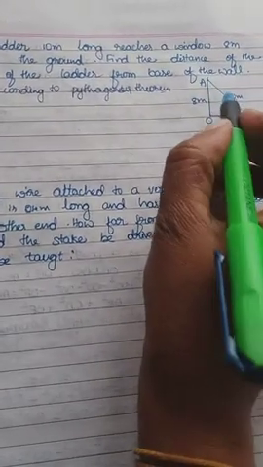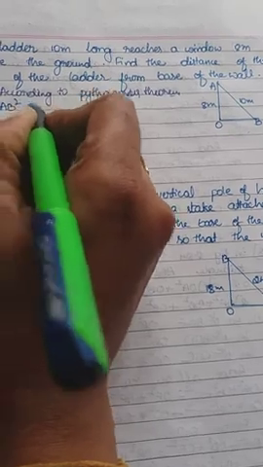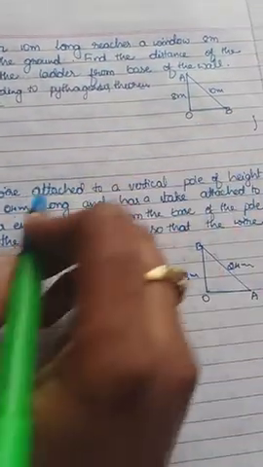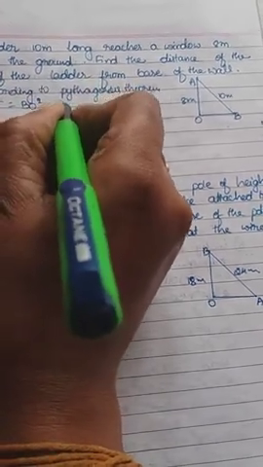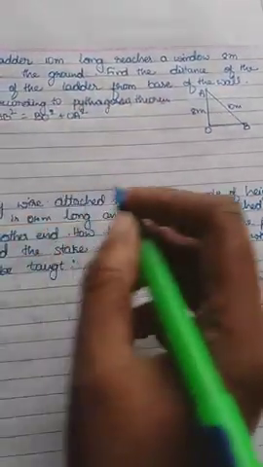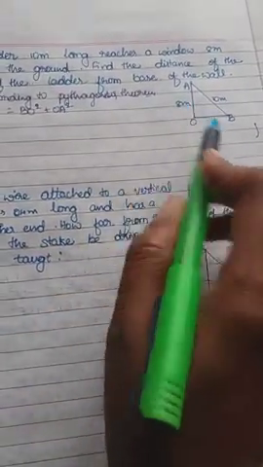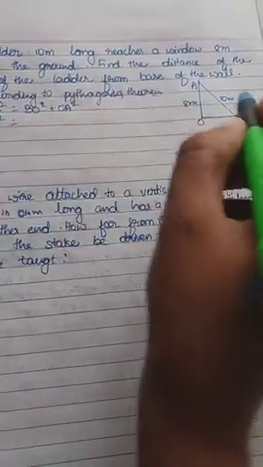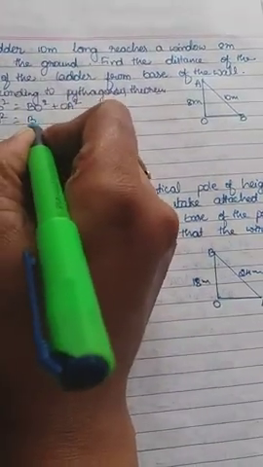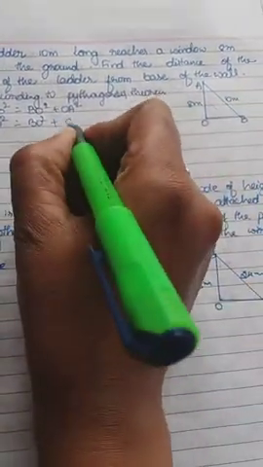I think you know about that. According to Pythagoras theorem, what happened? That is the square of the hypotenuse, that is AB square equal to OB square plus OA square. I mean BO square plus OA square. Okay, so let us write the value of AB square. AB is 10 square, nothing but 10, and BO we don't know, write as it is, that is the BO square. Then OA square, OA we know, that is the 8 square.